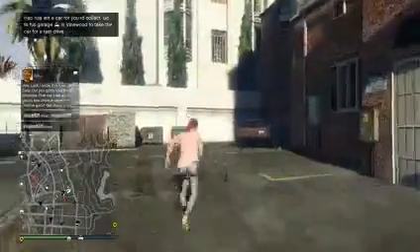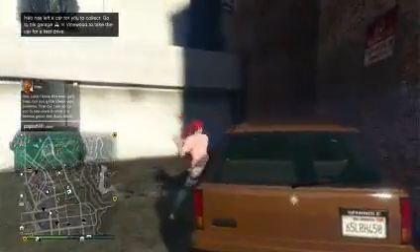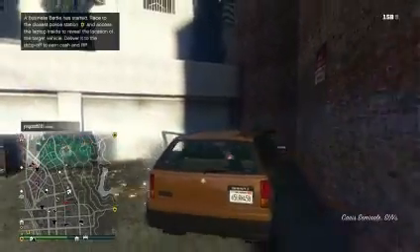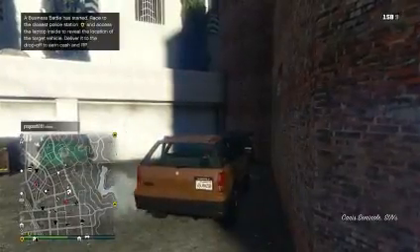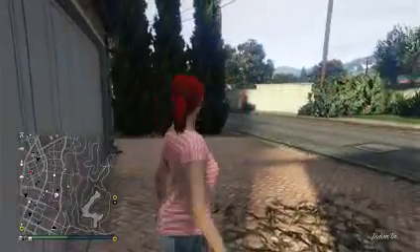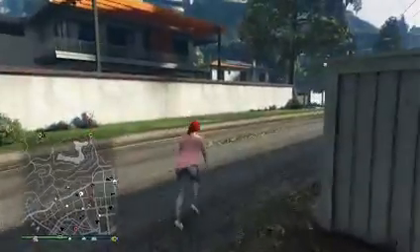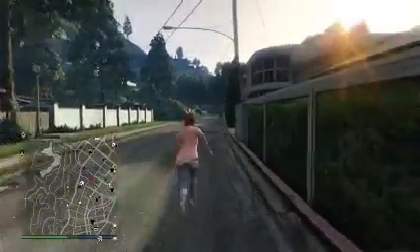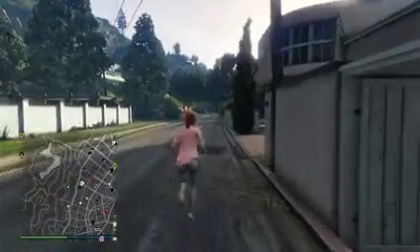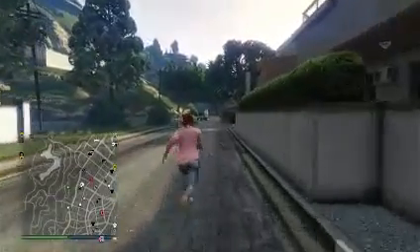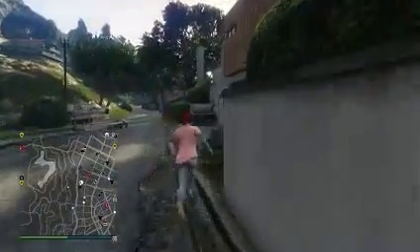You're running slowly there. Yeah, I didn't want to lose her orange car, so I'll try to find her something.